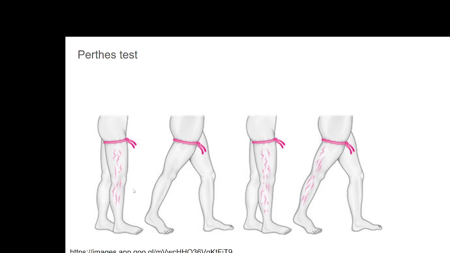The Perthes test is to rule out whether the deep veins are patent or not. The technique is that when you have the varicose veins, you tie a tourniquet so that the drainage from the superficial system is reduced, then ask the patient to walk. When the patient walks, if the deep veins are patent, the muscle pump activates the blood flow in the deeper veins, and the bulging of the varicose veins becomes lesser, or they will not be visible.